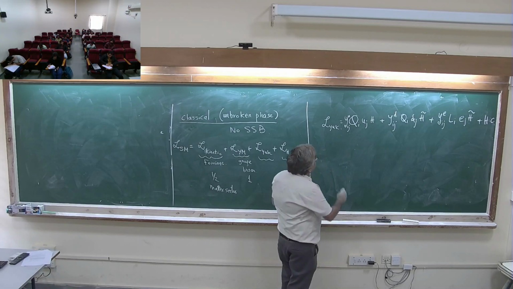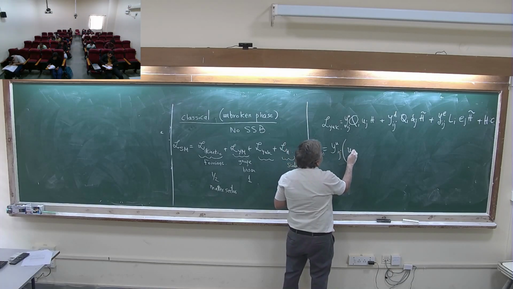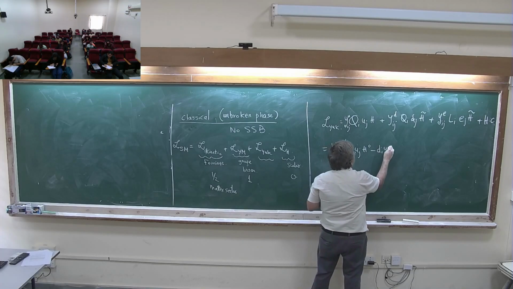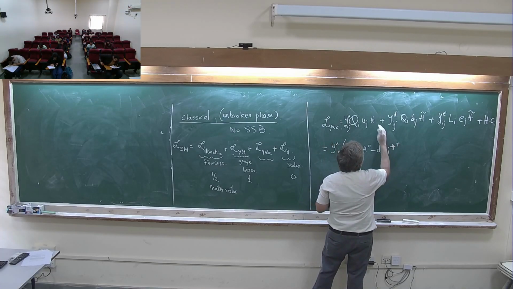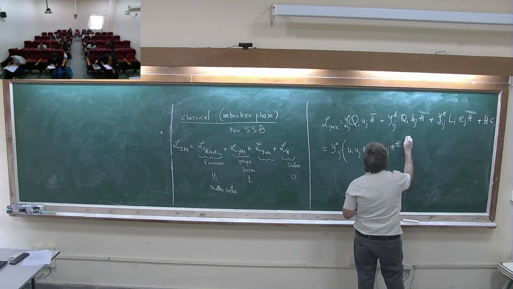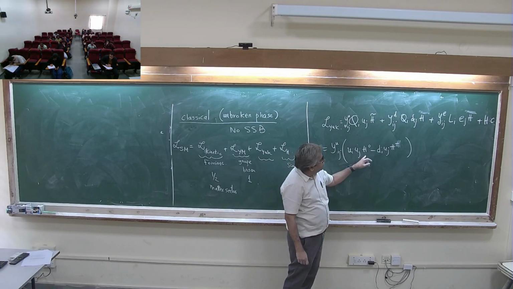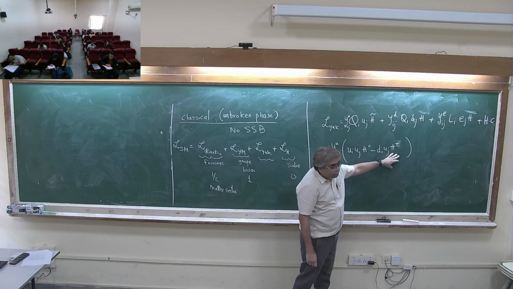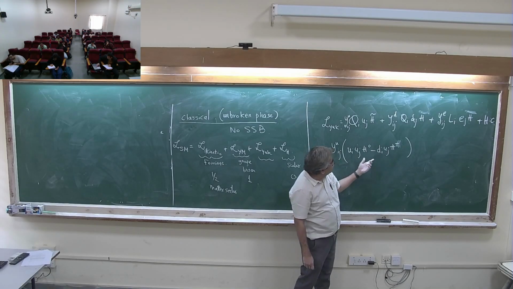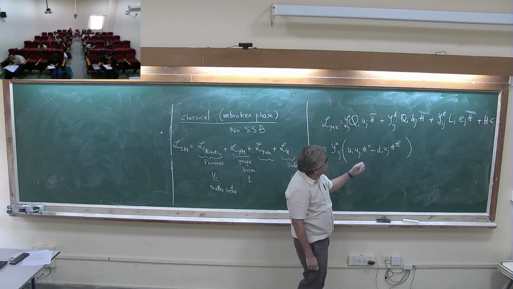If you expand this coupling, I just write it out. Oh, this should be tilde, sorry. It's minus. So let's look at one of these things. This gives you the mass for the particle. And with the same energy, there is a coupling with the Goldstone boson, which goes in this direction, which again shifts the flavor essentially. So the non-flavor diagonal part essentially is the one which gives you the mass. Okay.